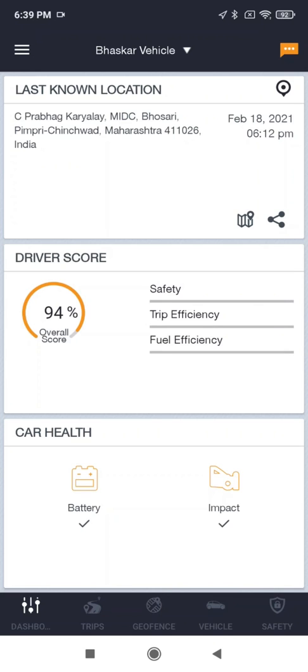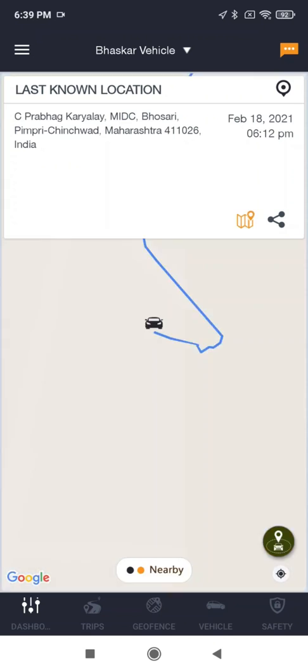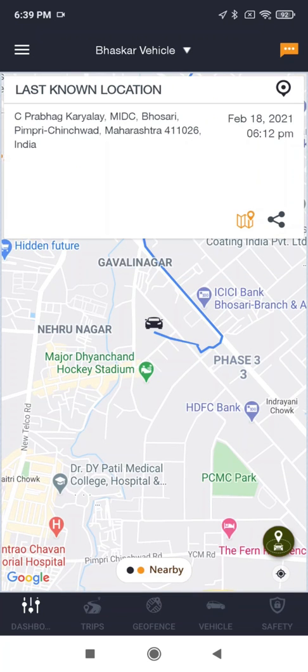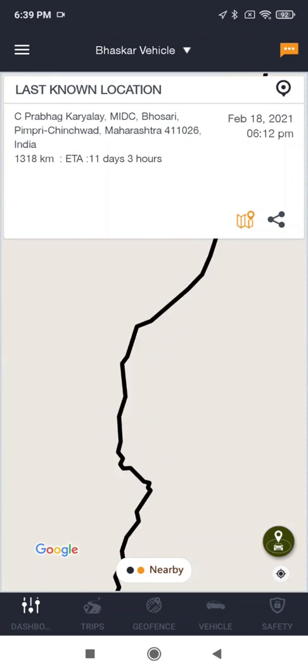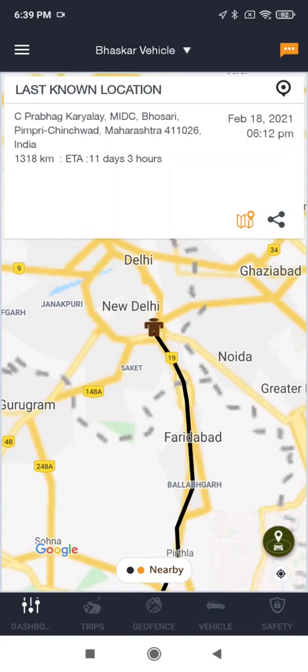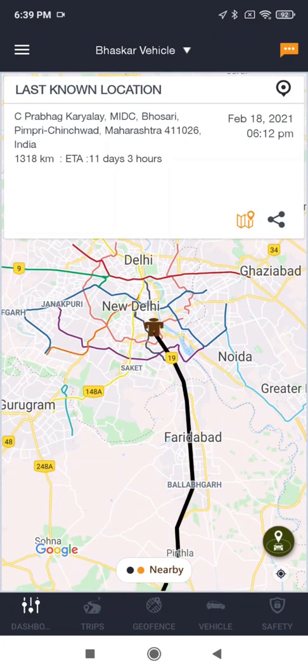In this section, you can see that there's a map icon. You can click on this and it will show you the map screen. On that map screen, you can see there's a small vehicle icon on the bottom right. Clicking on this will show you the pedestrian distance to vehicle along with the path which the person has to take from his mobile phone so that he can go directly to his vehicle. This is a very helpful feature in case the vehicle is parked in parking lot and you need to search for it.